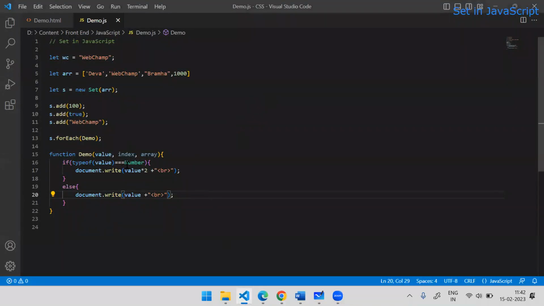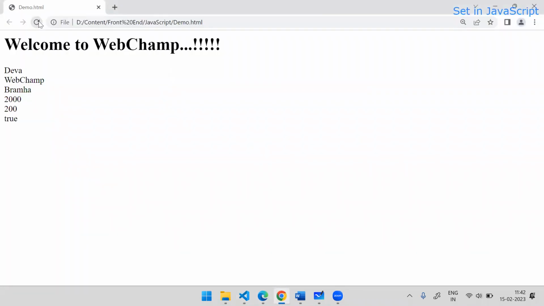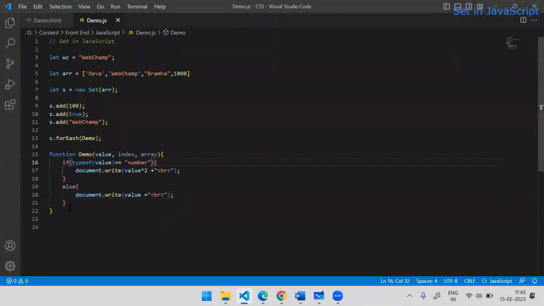So this is not working because here I used the Number constructor. So what I can do instead of that, if I use typeof value is equal to number, then you will see the output here, our values are filtered. Okay, so this is how it works. Whatever logic you want to build, you can build that logic on the value, index, and array itself or set itself